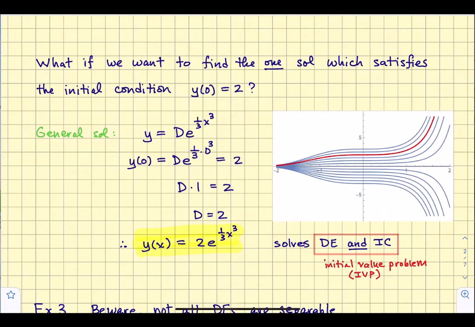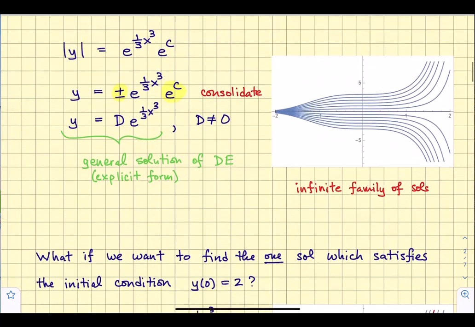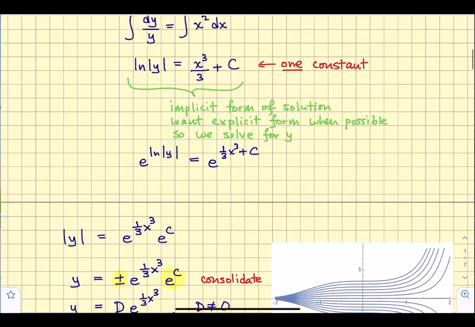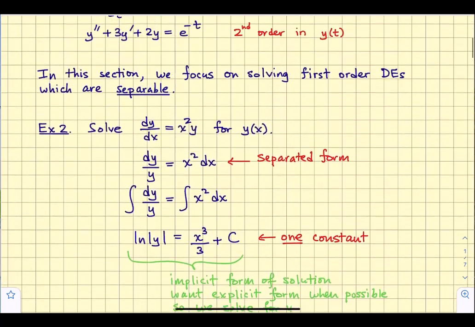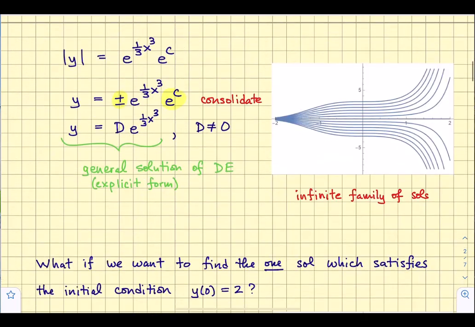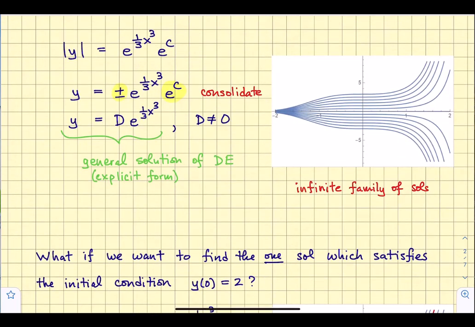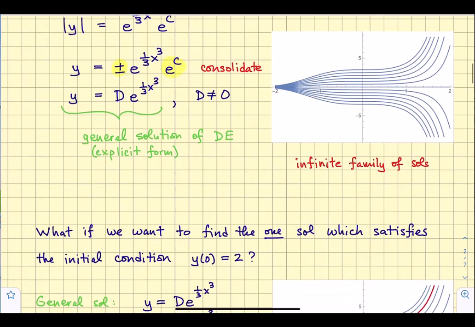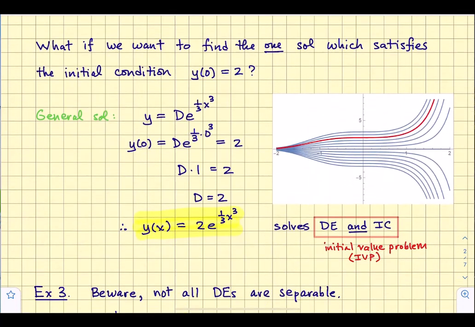with this initial condition. And just for a little jargon here, if you have a differential equation like we did here, just this differential equation, we got the general solution to that differential equation as a one parameter family, a family with one constant in it. If we have an initial condition, then we pluck out one member of that family. We solve for d here, and we find the one member of that family. And if you have a differential equation together with an initial condition, we call that together an initial value problem, or IVP for short. So this is the solution to the initial value problem, which was our differential equation, together